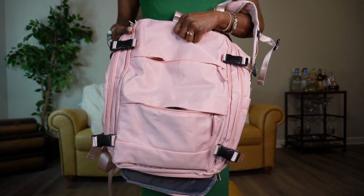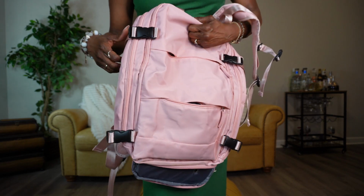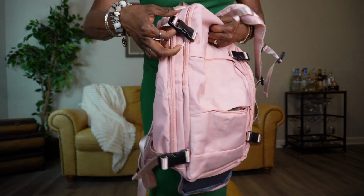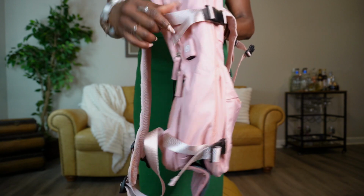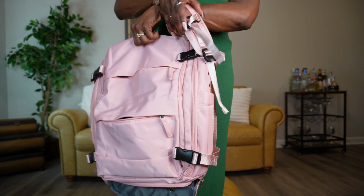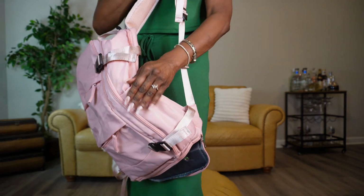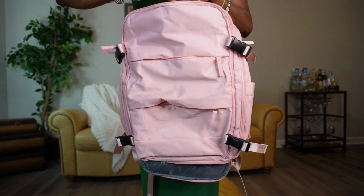I love that it has multiple zippers that allow you to get in and out of what you need. You're able to tighten it to make sure that it fits airline requirements. Of course, you've got the standard charger here. Just a very good bag. Open pockets on this side. I can't say enough about it. This is just a great